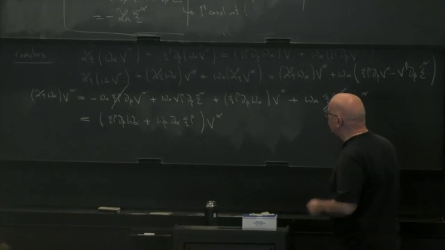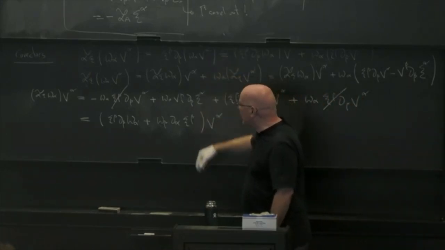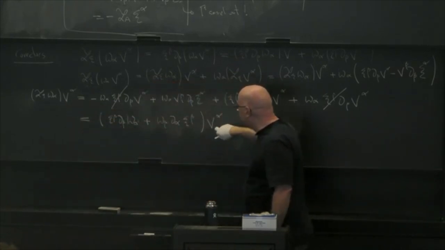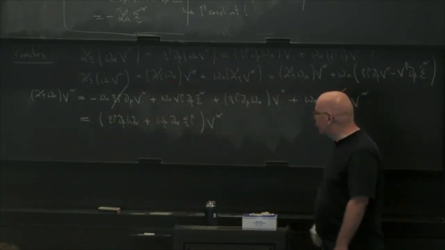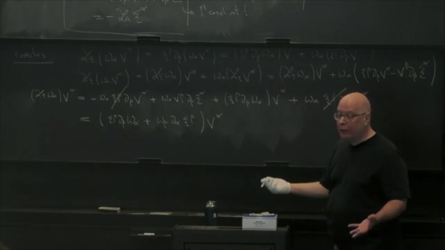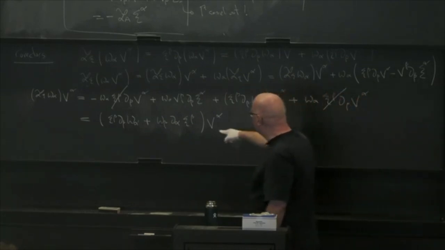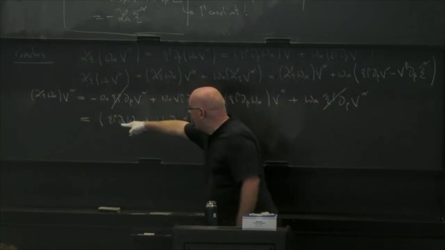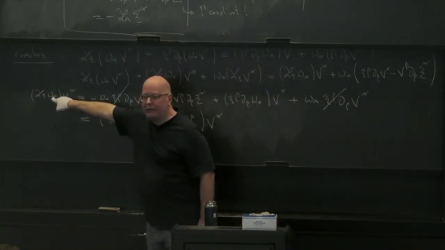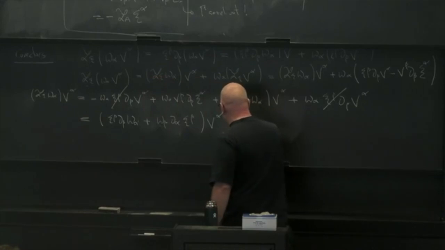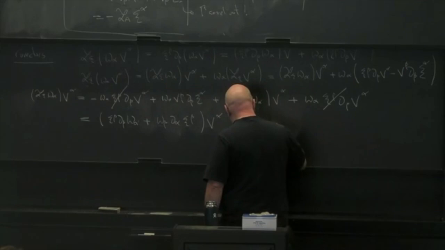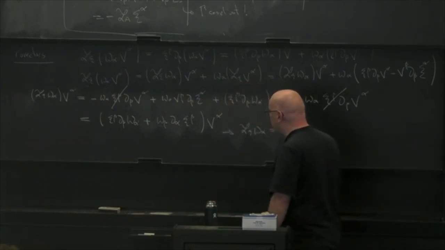So that's just making those two lines equal to each other. And what I have here is something multiplying v alpha, and on the right-hand side also something multiplying v alpha. I'm using the fact that v alpha is an arbitrary vector, so the result has to hold with respect to any choice of v, and that tells us that what's inside the bracket here must be that thing over here. So that little calculation here where we used Leibniz to define things tells us that the Lie derivative acting on